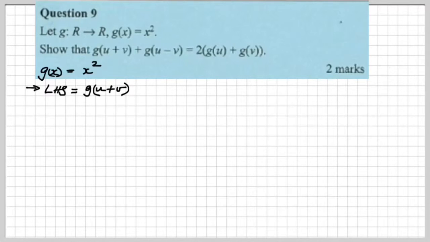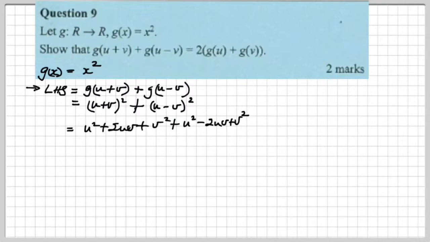So the left hand side is g of u plus v plus g of u minus v. Okay, let's go with that. Now, g of u plus v, ladies and gentlemen, what would that be according to this function notation? See, you're replacing x with u plus v. So it would be u plus v all squared, wouldn't it? And the other one here would be u minus v all squared. You see? Now we're just going to multiply this out because there'll be some cancellation that happens